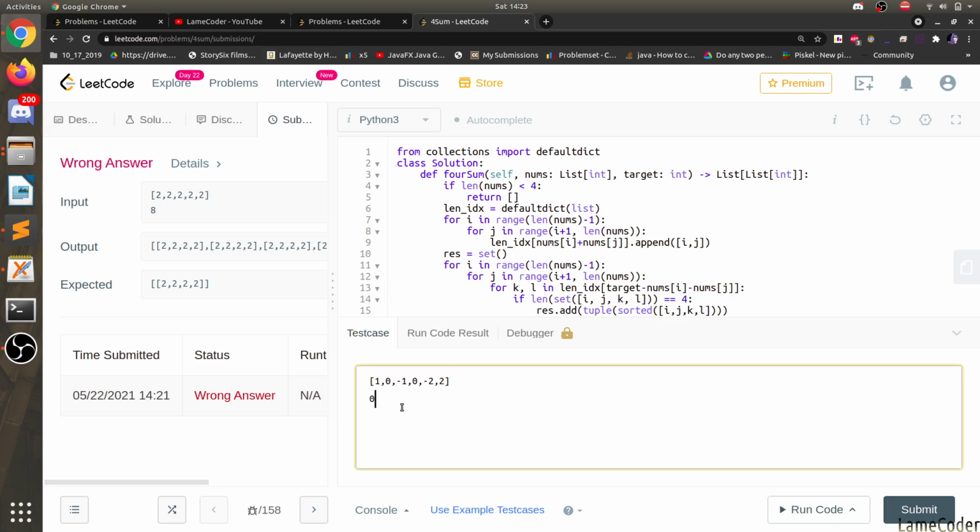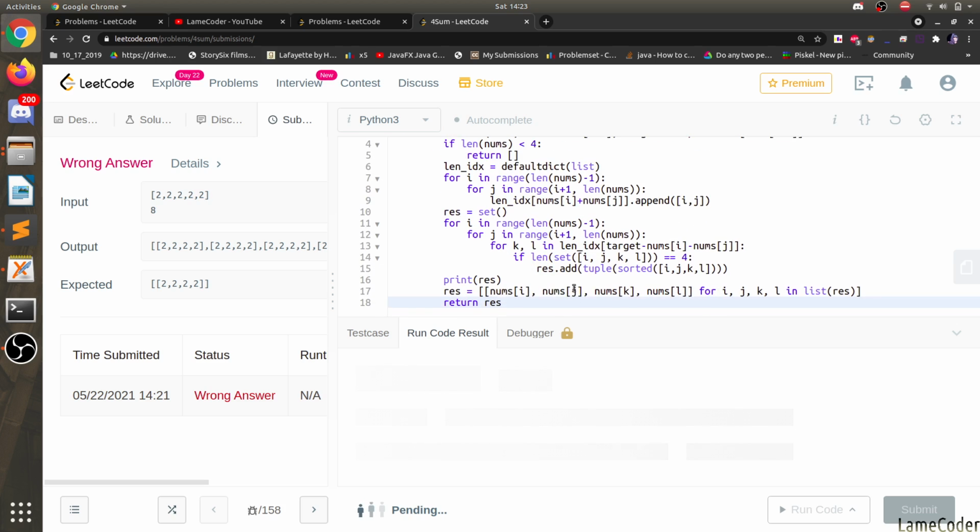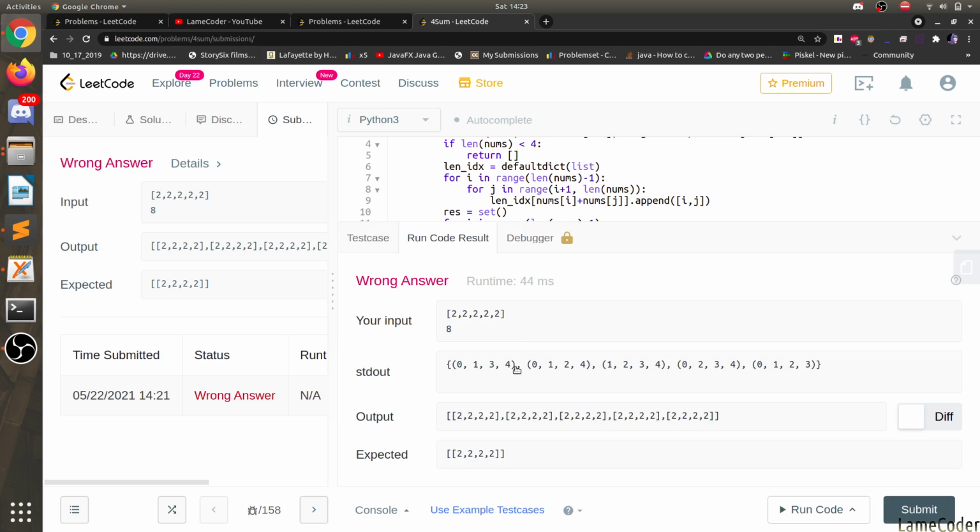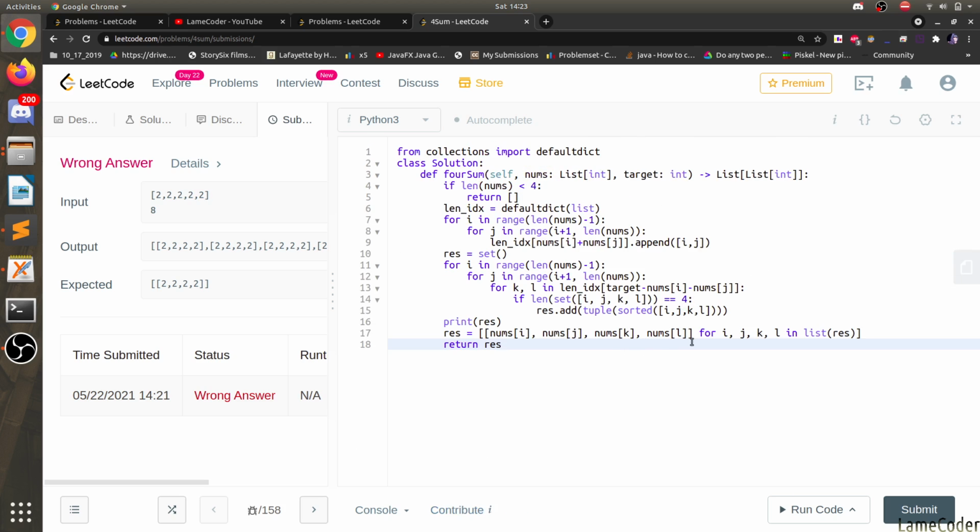Okay, let's try it here and see what our res is. Res is 0134, 0124. Okay, yeah, this is okay. That's why it's returning, but expected is 2222. So here we have to already put nums[i], nums[j], nums[k], num sum, and so on. Okay,